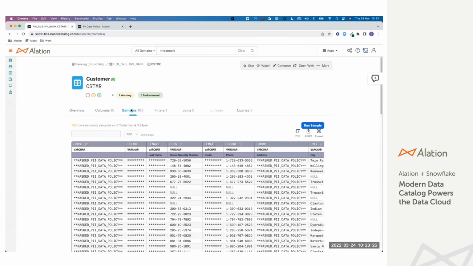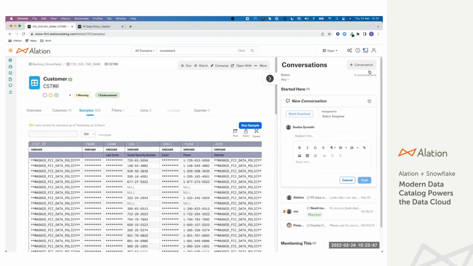Now, as a responsible employee, I know that social security shouldn't be exposed because that's PII data, confidential information. What I can do is actually have a conversation with the steward. And the steward information is in the overview page. I can use conversations to actually start a conversation with Anna and say,